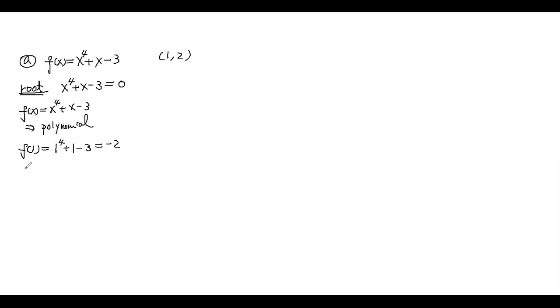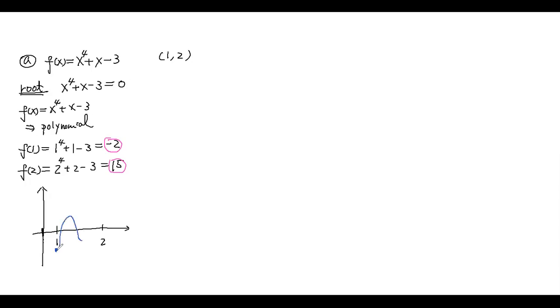All right. Now let's take a look at f(2). f(2) will be 2 to the 4th plus 2 minus 3, and it will be 15. So you see here, one is a negative number and the other one is a positive number. I don't know exactly what this function looks like, but what does this tell you? I start out with a negative number